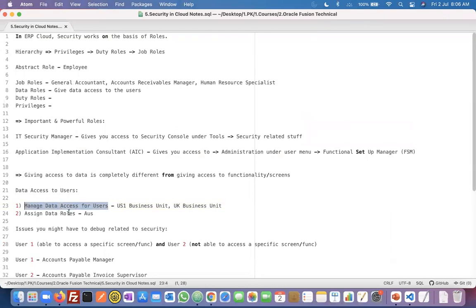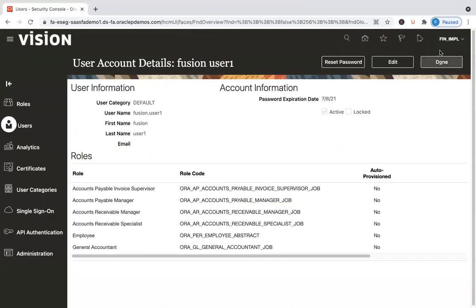There is this particular set of tasks that you can use. You can go into this particular task, search for a user, and then grant him data access. And that's one option that is available. Let's see how to grant data access using that option. You copy this particular task, manage data access for users, and you go back into the session where you have logged in as a fin_impl user. Click on done here,